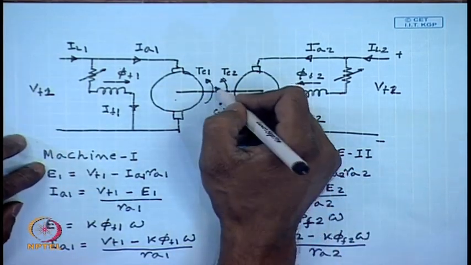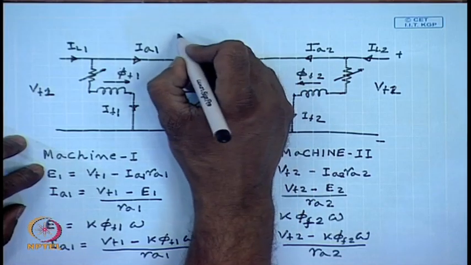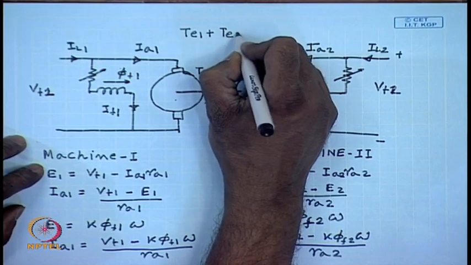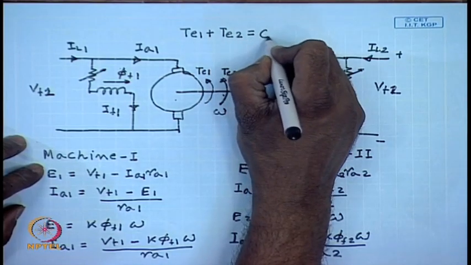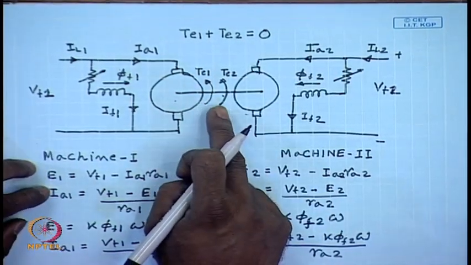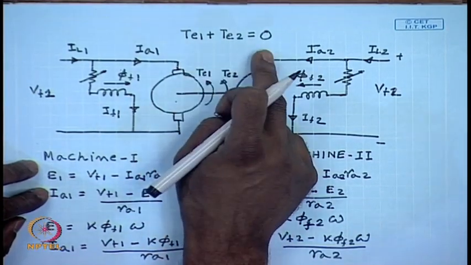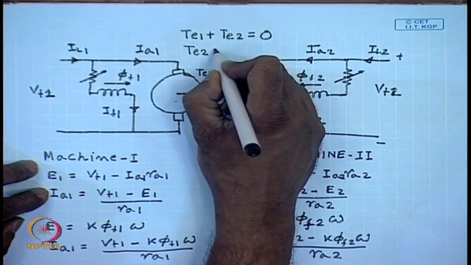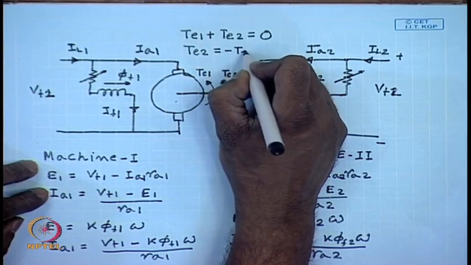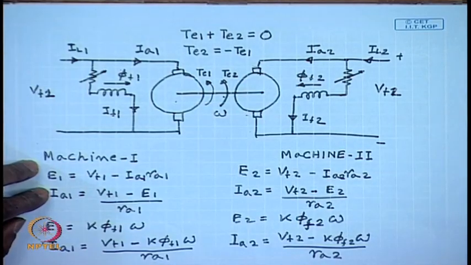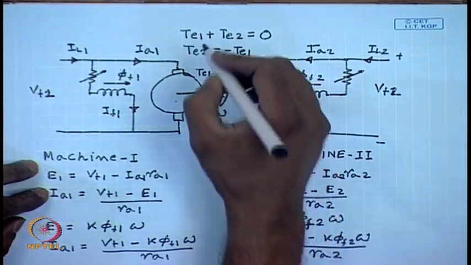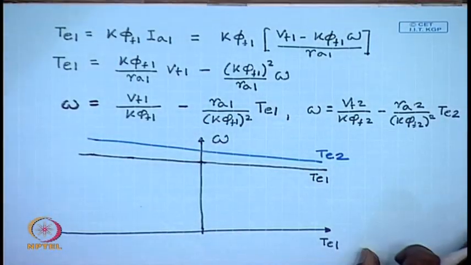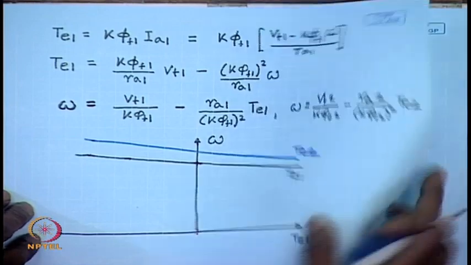So, in steady state there should be no net shaft torque, that is, it is necessary that T_E1 plus T_E2 equals 0, that is, the machine will operate at such a speed such that T_E1 plus T_E2 equals 0, or in other words T_E2 should be equal to minus T_E1, or T_E1 equals minus T_E2. So, instead of plotting T_E2, if we plot minus T_E2,